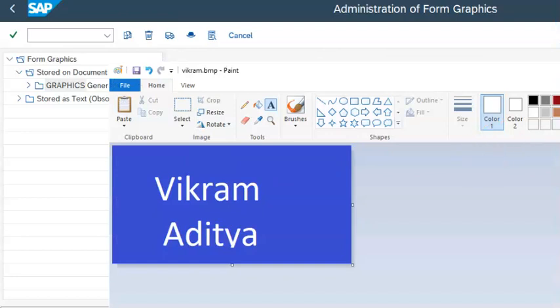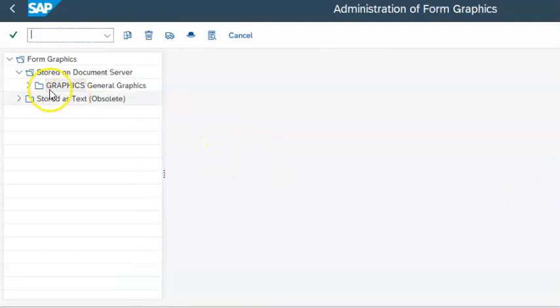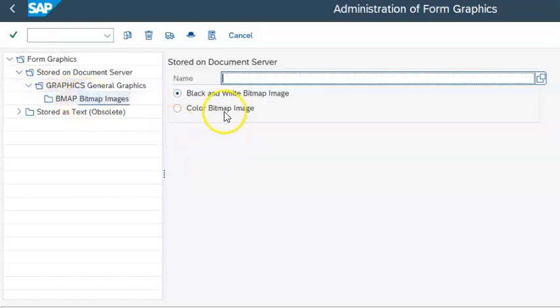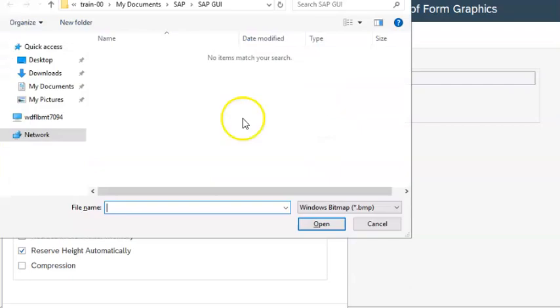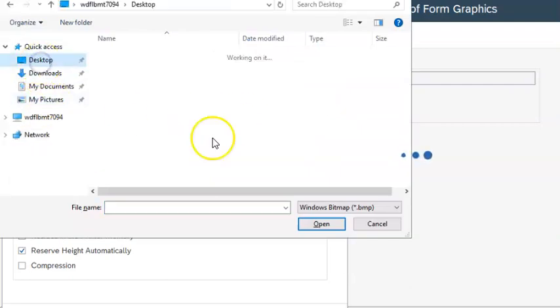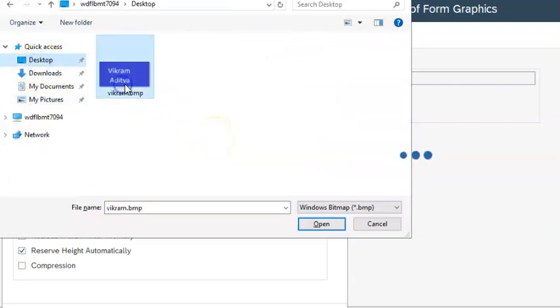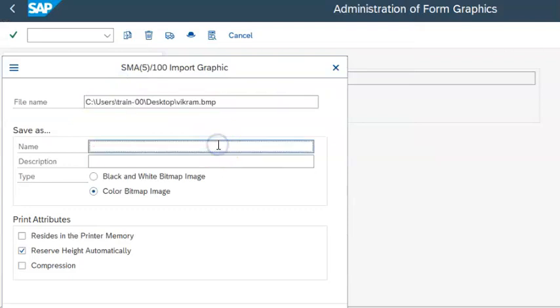if you save it in a bitmap image, then what we have to do is, now in the graphic, this is a SE78 transaction, remember that it's SE78 transaction. I double clicked on the bitmap image, selected this color bitmap image, and then we need to go for this upload import. So in the import we need to browse that file name. The file is there on the desktop, so you can see only the bitmap images here, nothing else. And then we have to give the name, I'm giving that name as Vikram,